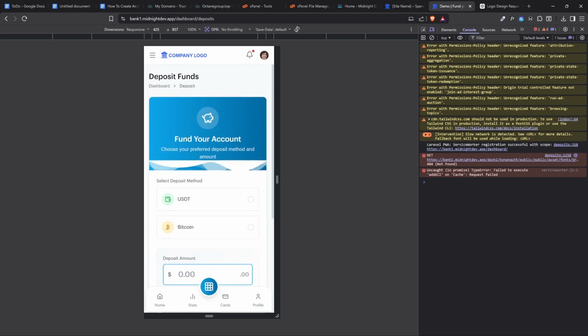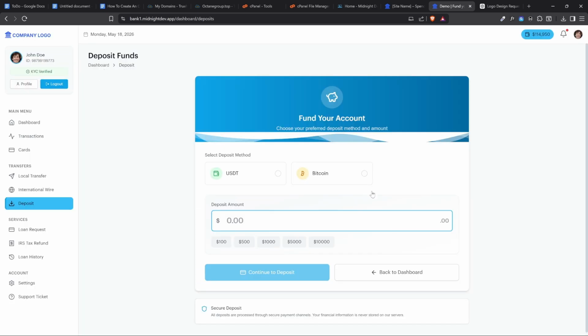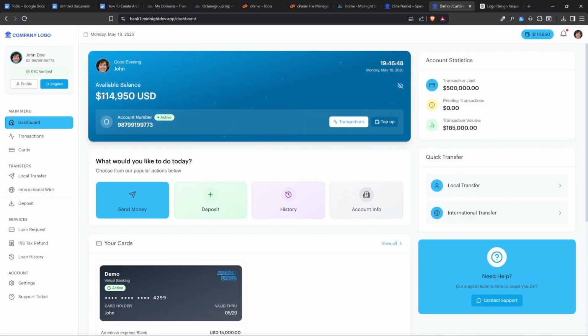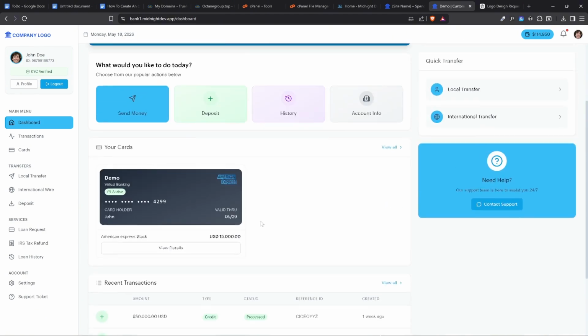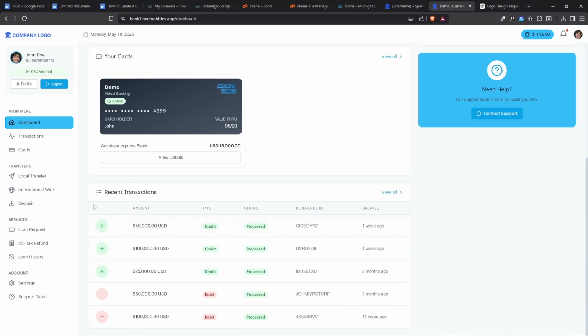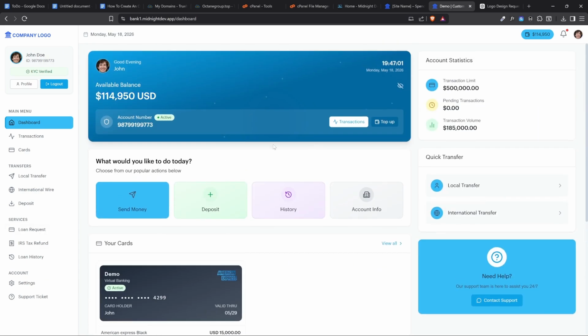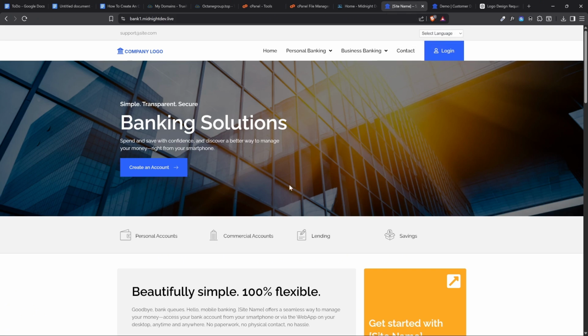Okay, and then there's also the admin where you can manage all the users. From the admin, you can credit accounts. So let's say this particular account, you want to credit this account, you want to add money, you can add money, you can deduct money, anything you want to do. When you want to add a transaction, you can put the date you want for that transaction, you can backdate it, and there are several other functions. Okay, so coming back to this website,